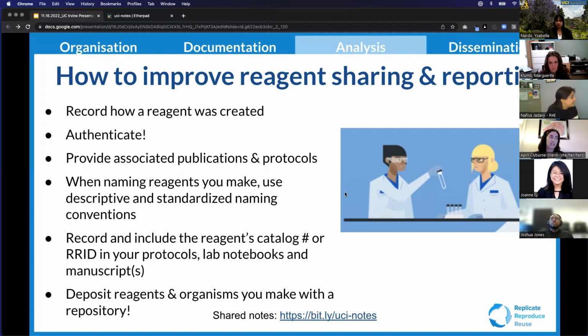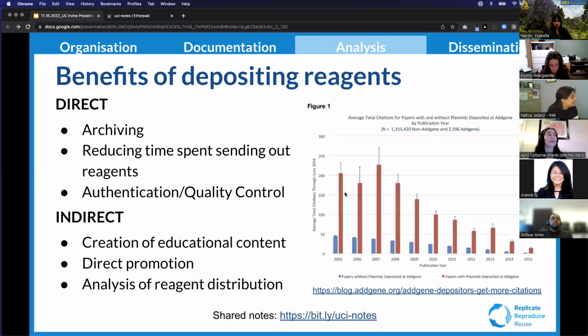Make sure that these are written down somewhere. And then finally, put them in a repository. So what repositories are available? Okay, so I'm going to go, because we're running a little low on time, this is a little bit up